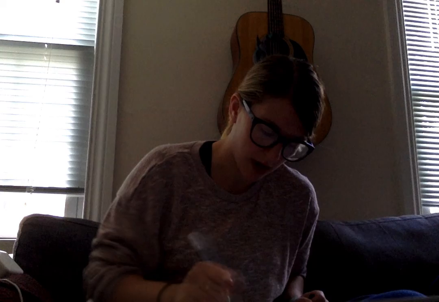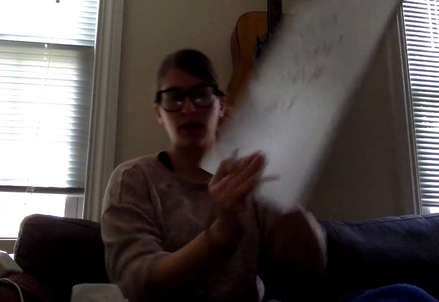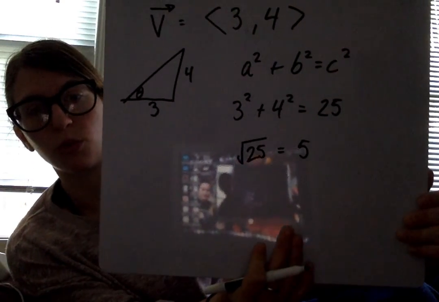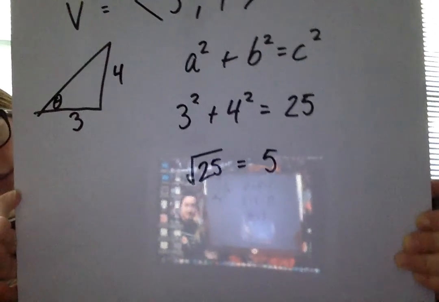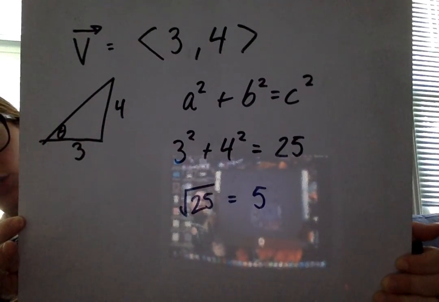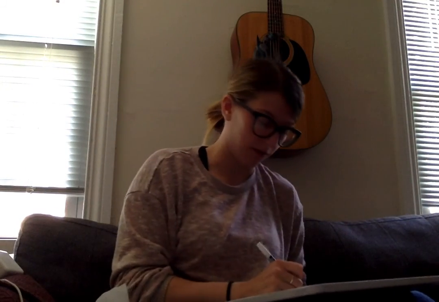And we're going to figure this out. 3 squared plus 4 squared is 9 plus 16, which gives me 25. I started you out with a Pythagorean triple. The square root of 25 is 5. So I'm going to show you the way that we would write magnitude. There's 2 ways to do it. I'm going to show you my way, and then another way that some math teachers will use so it doesn't get confused with something else. So if I know that the magnitude's 5,